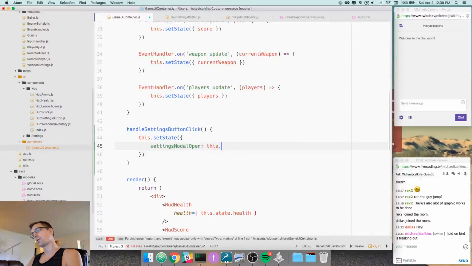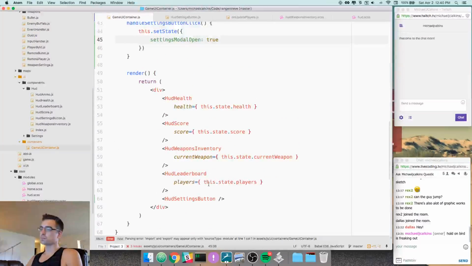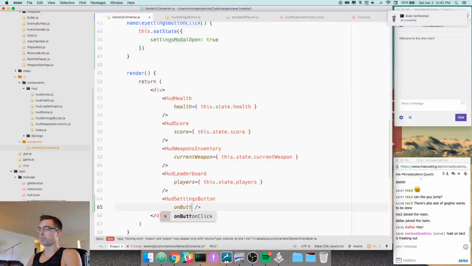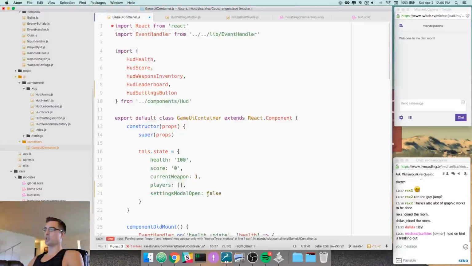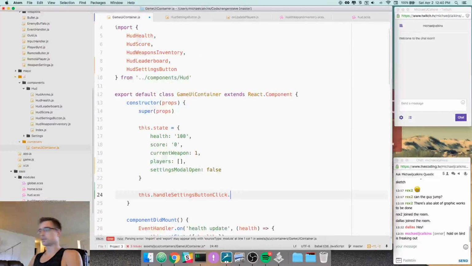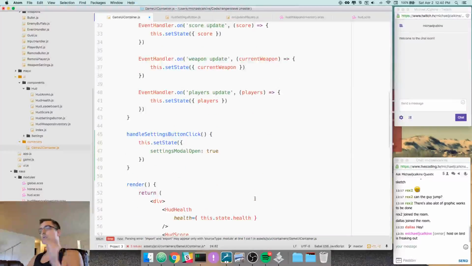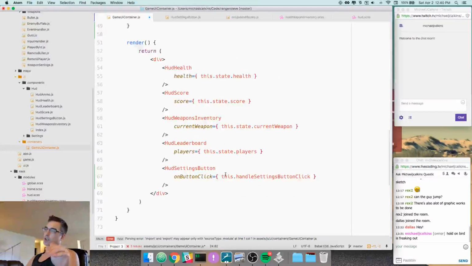Handle. I always want this to open. So, on button click, this dot handle settings button click, and then we need to bind the correct. Okay, so the button is bound to the function now, when they click it,